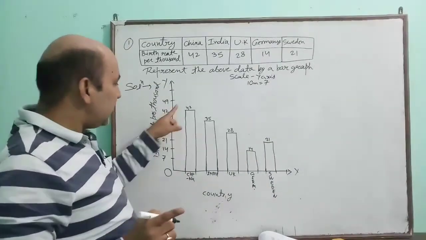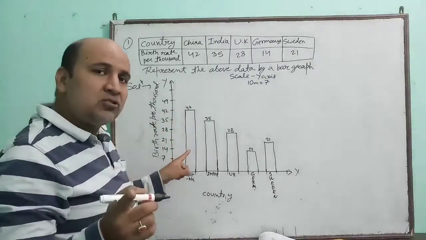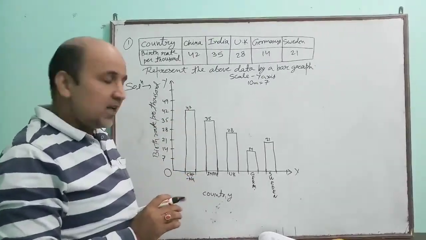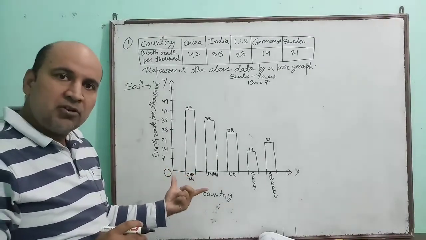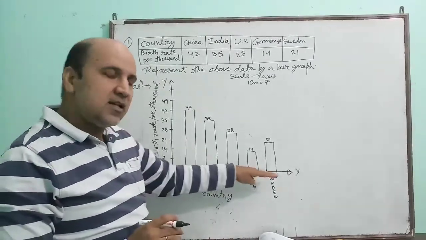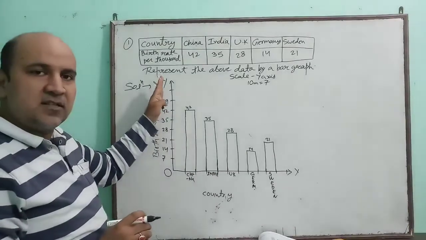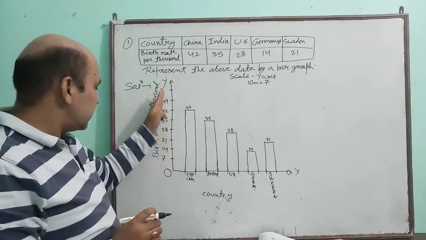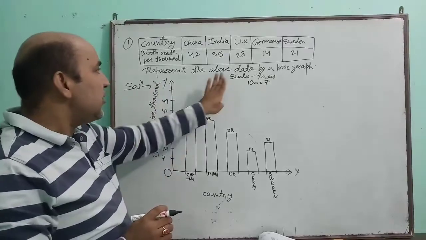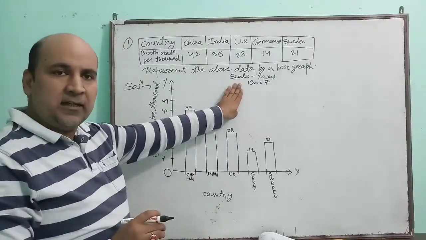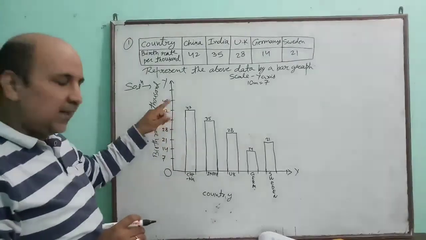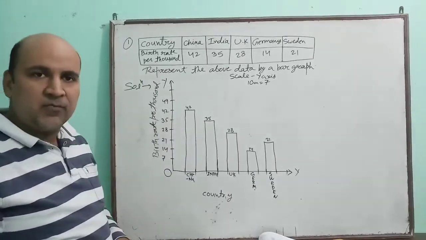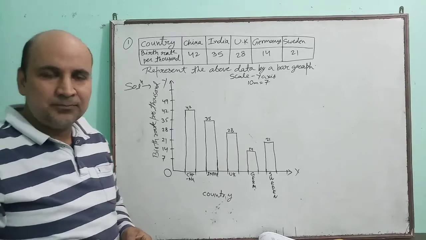You have to remember, all these lines you will draw with the help of a scale. Understood? This is called a bar graph. How will you draw it? Observation on the x-axis, frequency on the y-axis. When you are denoting the frequency on the y-axis, first you will suppose the scale. First suppose the scale, then write these numbers and then draw your bar graph. Okay? Note these down.